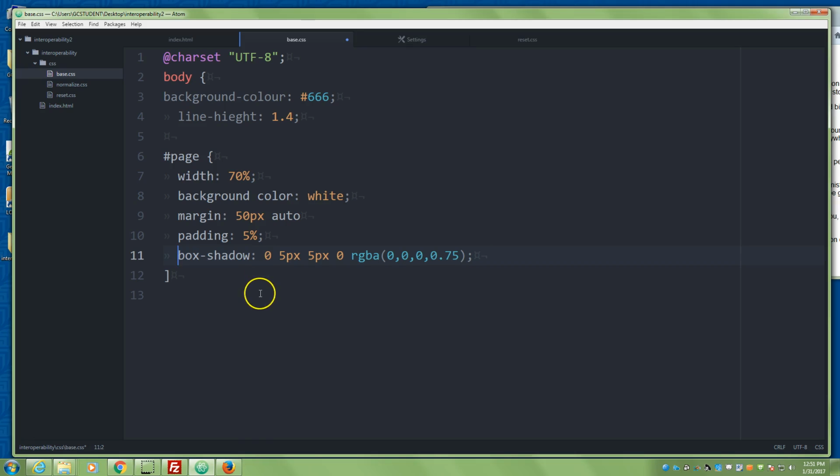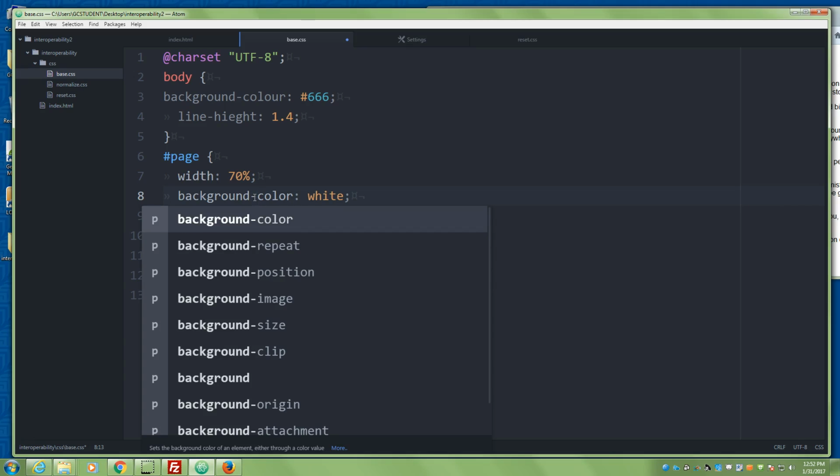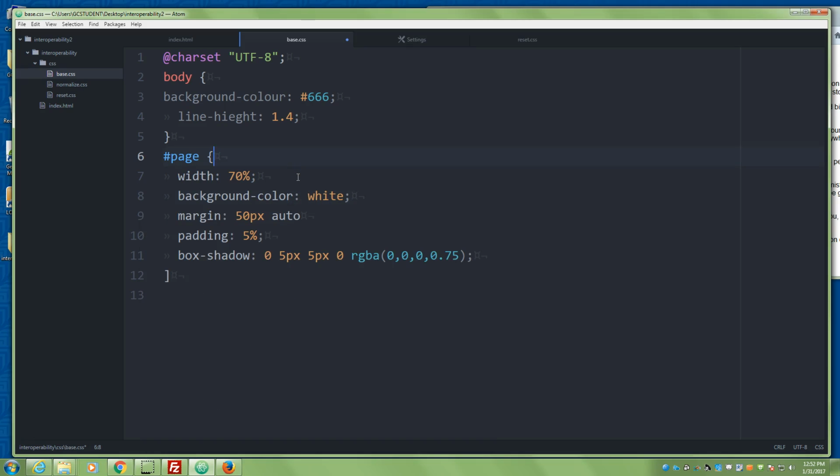Next one is we're missing a brace to close out this rule here. The next one is we're missing a dash between background and color. Background is a property. It's shorthand, but we need the dash there. The next one is